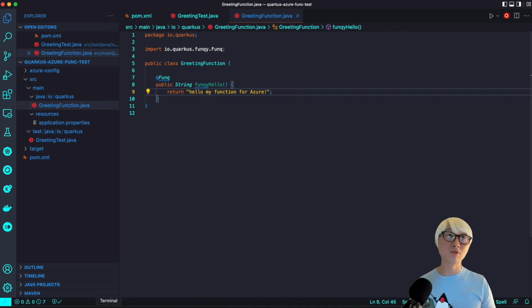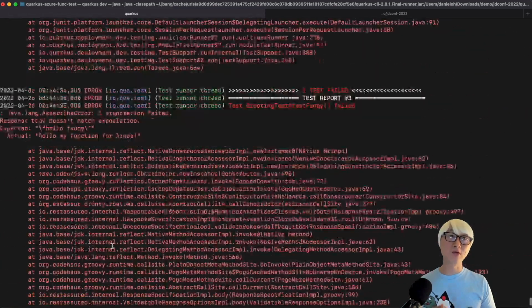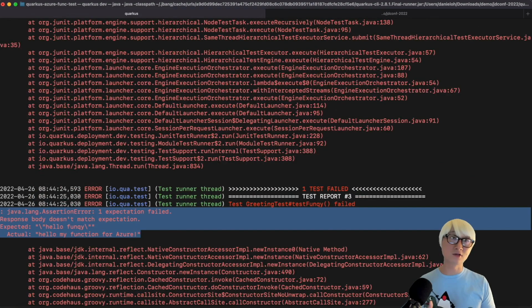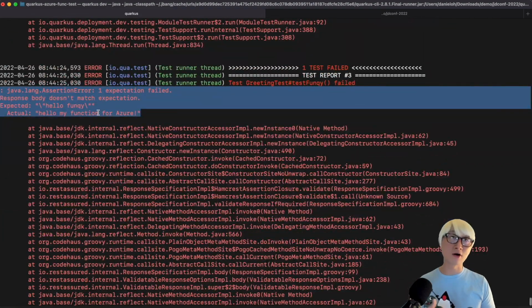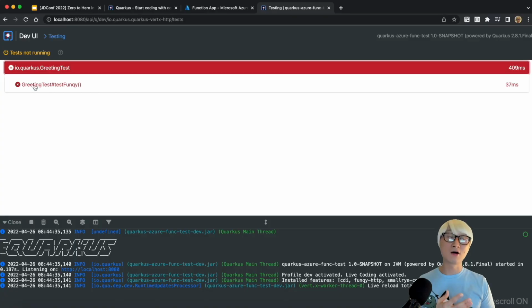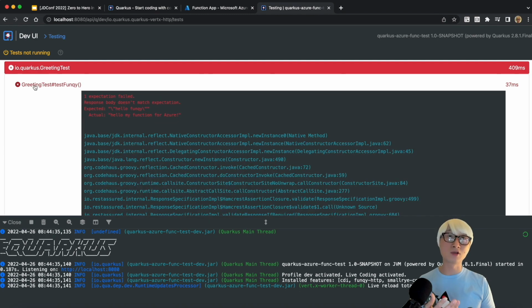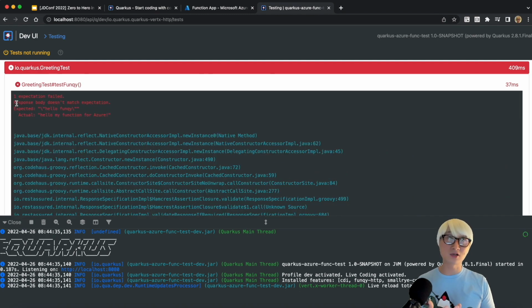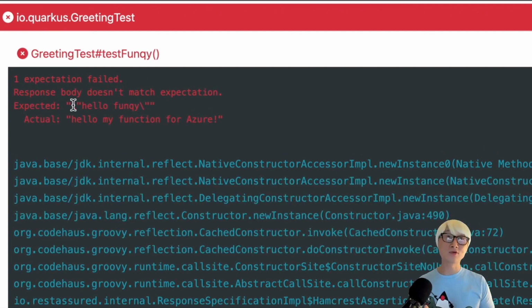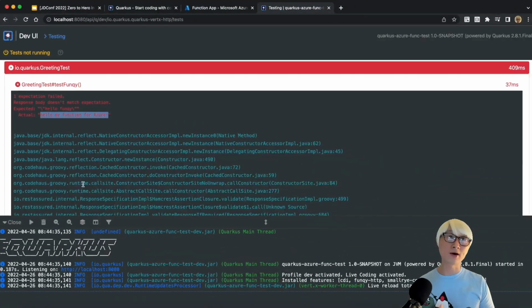And I just save a file and go back to the terminal, and you can see it automatically detects that your test case will fail, thanks to Quarkus continuous testing capability. And then when you go to the Dev UI, you can find the same result, your test case will fail, which is really awesome. I don't even rebuild, recompile, and restart my application runtime because Quarkus automatically makes that happen